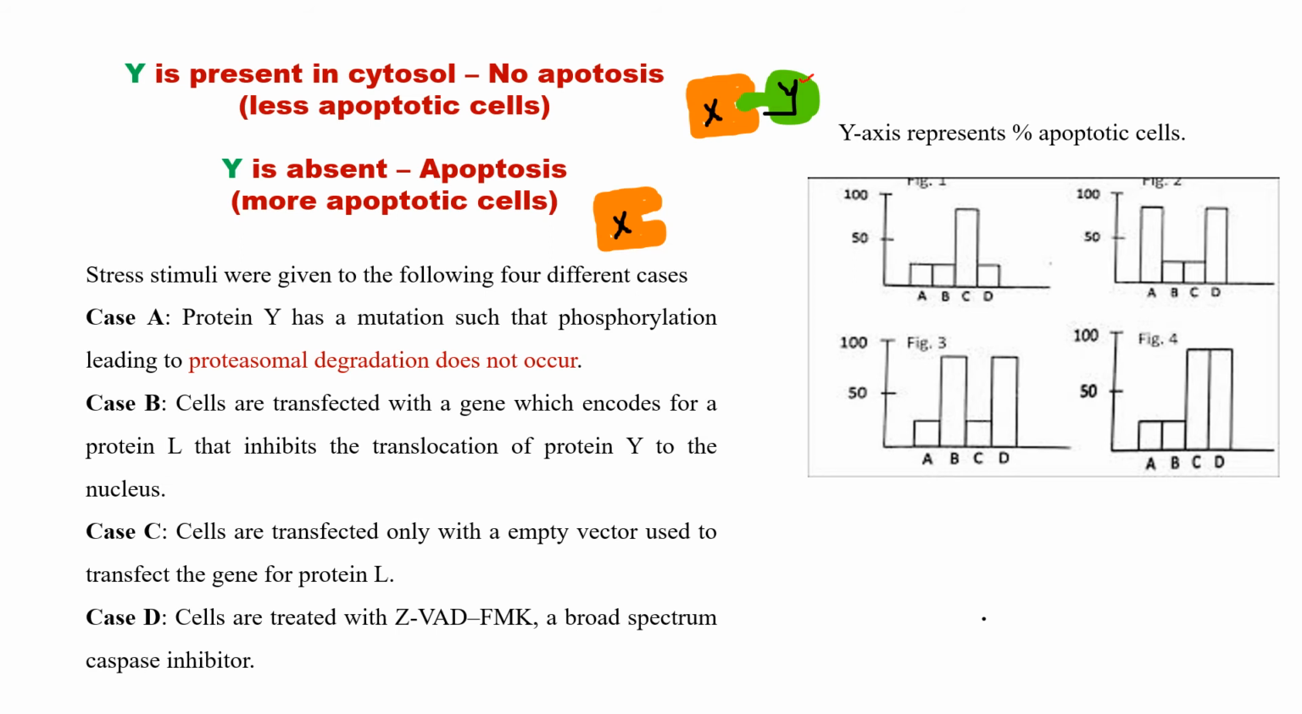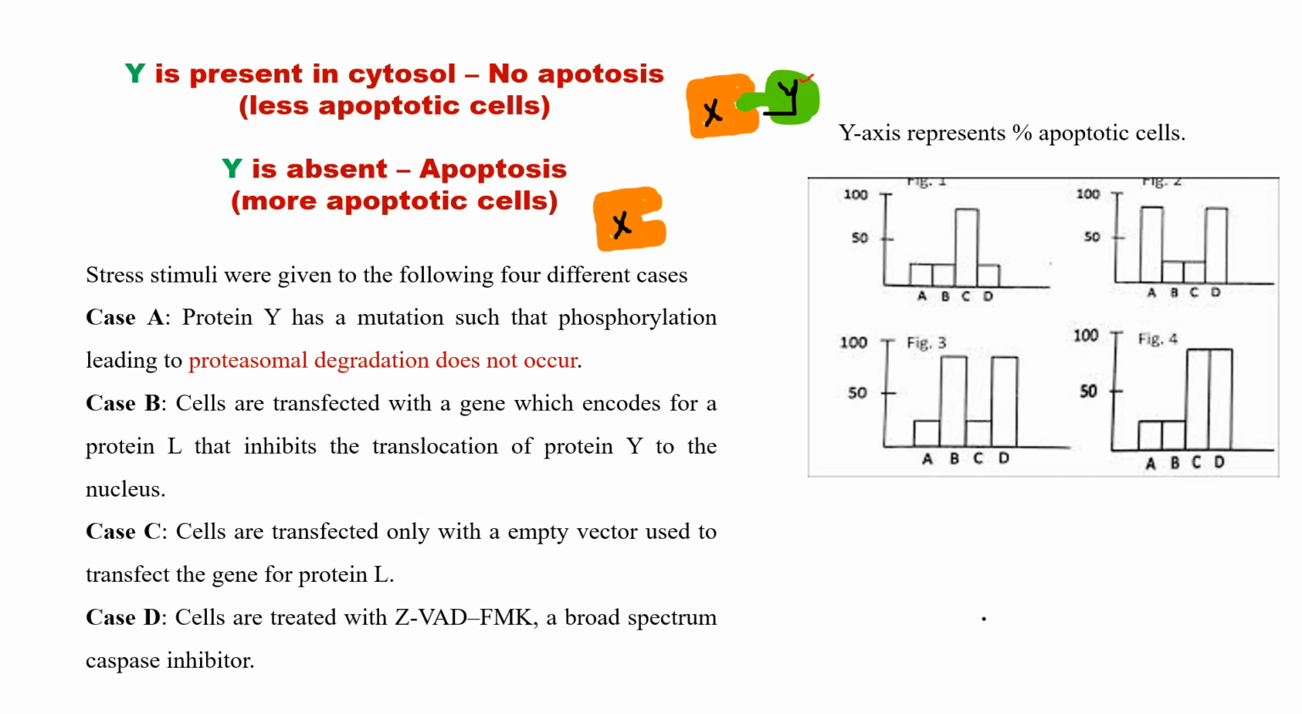If protein Y is absent, we know that certain stress stimuli will lead to phosphorylation of this protein Y. If protein Y is phosphorylated, it will be degraded by proteasomal enzymes. That's why Y is absent. Y is absent in the cytosol means